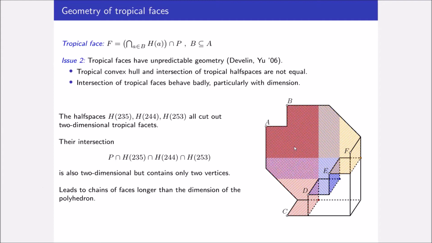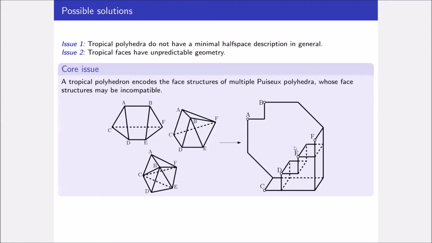But the more I think about it, the more this is not a bug. This is a genuine feature of tropical polyhedra. It's a slightly irritating feature, but it really comes down to this core issue that tropical polyhedra are trying to encode multiple different Puiseux polyhedra, possibly with